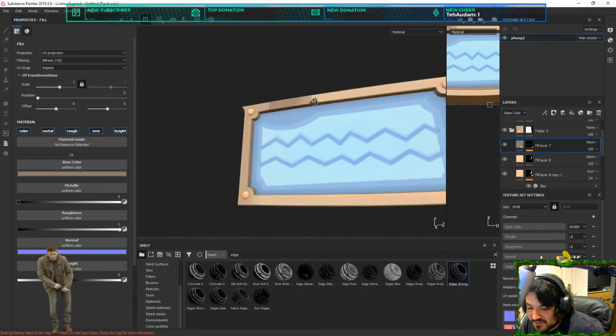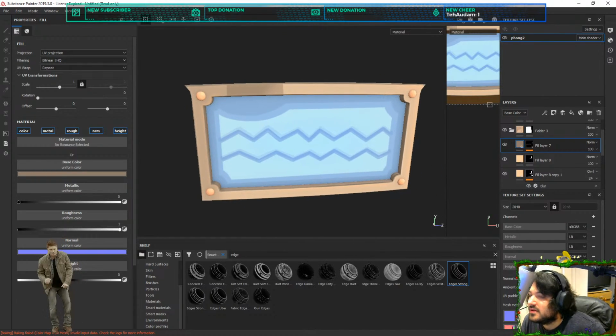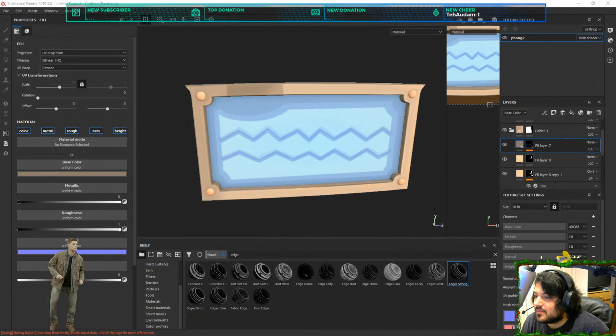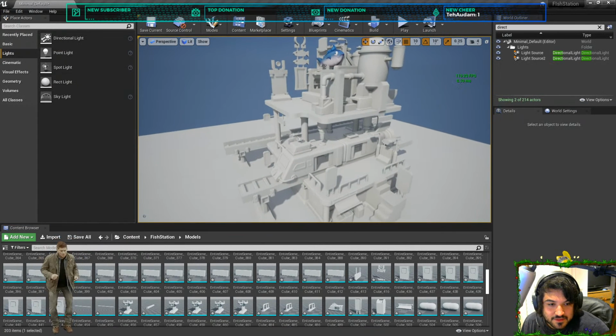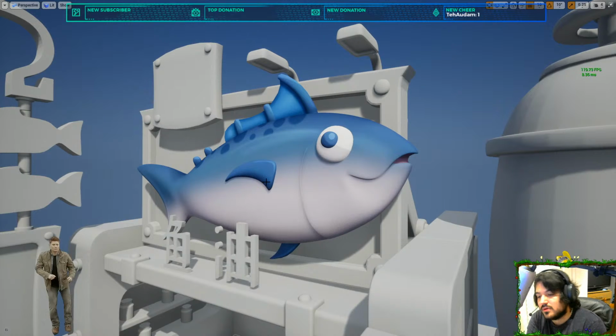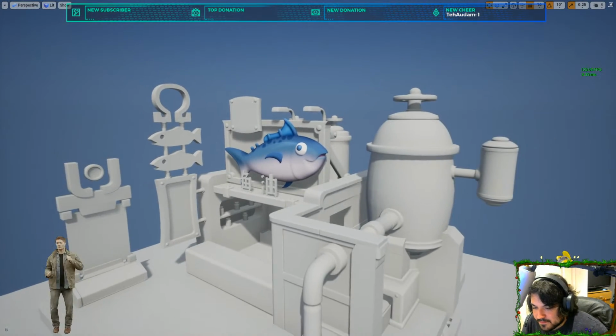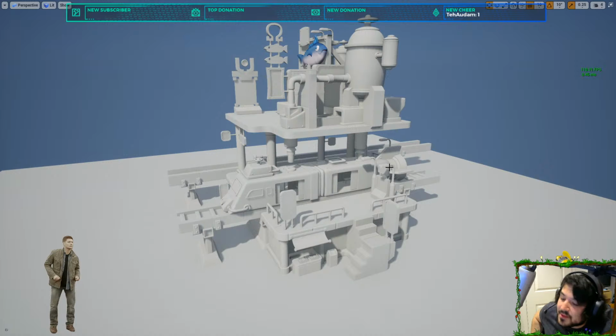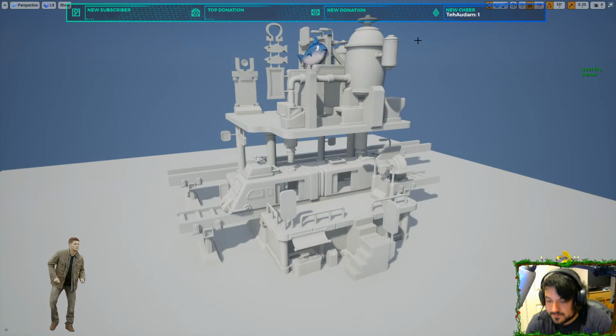So this is the concept art of the scene I'm making. I didn't make the concept art. I should actually link him in the description, but he's a really good artist. Mine looks like this so far. And I made a fish yesterday, and he looks like that. So I'm making the sign behind him right now. You get what I mean? I'm slowly going to texture the rest of the scene. It took me long enough to UV map it all, but now I'm going to texture it.